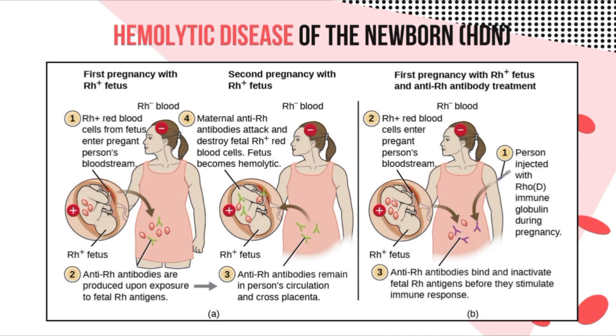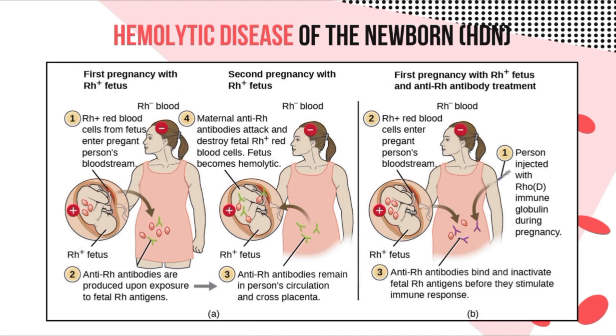Now, the other part of the picture shows a first pregnancy with the RH positive fetus and anti-RH antibody treatment. So there's a treatment to avoid hemolytic disease of the newborn for a second pregnancy with an RH positive fetus. On the first part of the treatment, the mother is injected with RhoGAM, or the immunoglobulin or immune globulin, during pregnancy. So this is done so that once the baby's RH positive red blood cells enter the mother's bloodstream, the